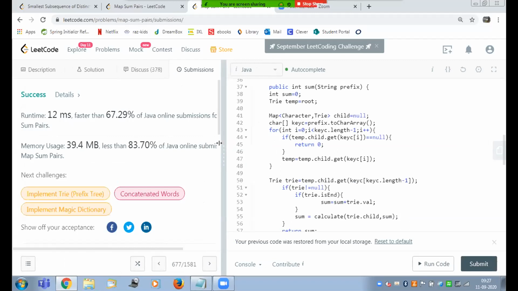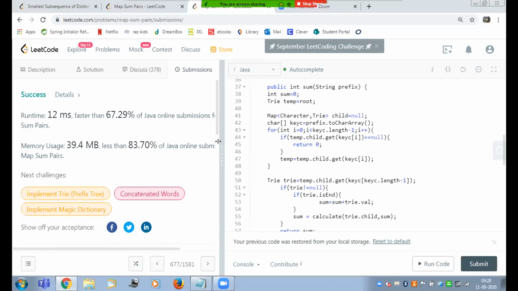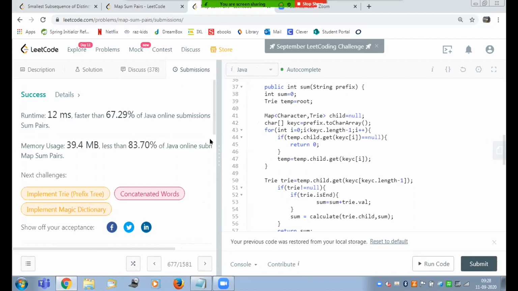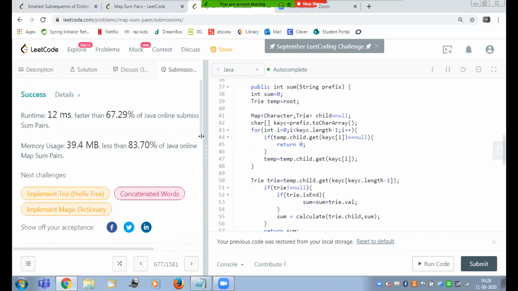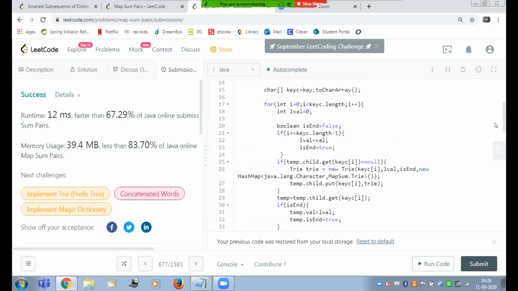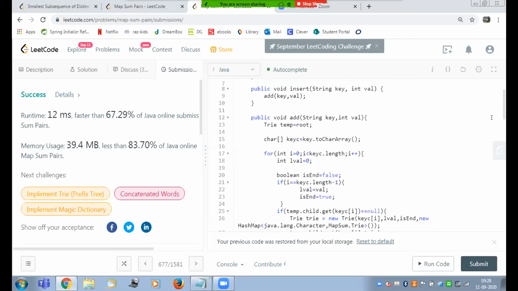So yeah, 67%. So Deepak, let's say we have APP for the sum function, and in the trie we have Apple and APP. So where are you adding the values? Actually it's going to APP, and after P, he picks up the trie node, and then he uses some sort of DFS recursion. He goes through that DFS, and every time he hits a leaf, he takes the value and keeps on adding, and then he returns it.